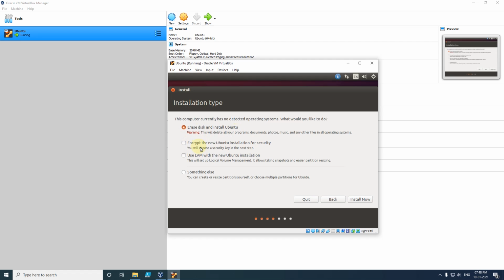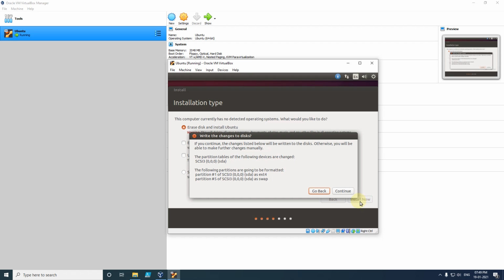So if you want to encrypt the files, then you can select this option, and if you want to create LVM, then you can use this option, LVM with new Ubuntu installation. And after everything is set, we have to click on the install now button.